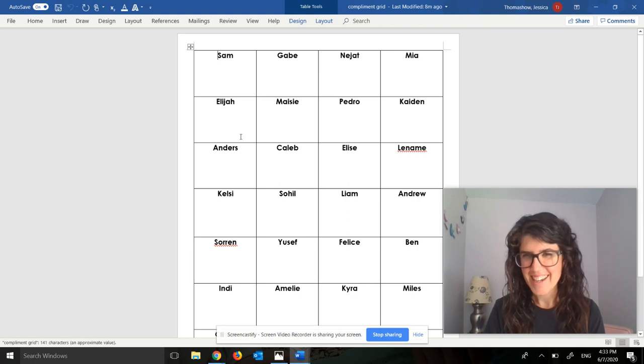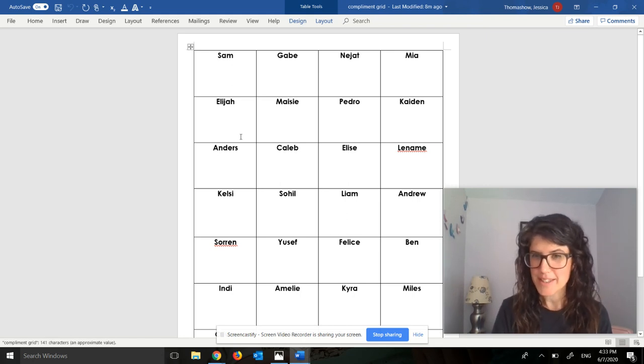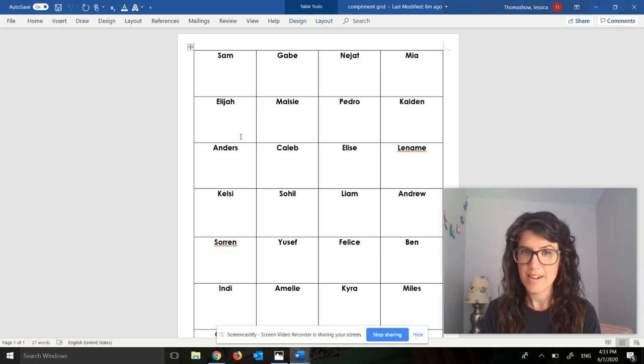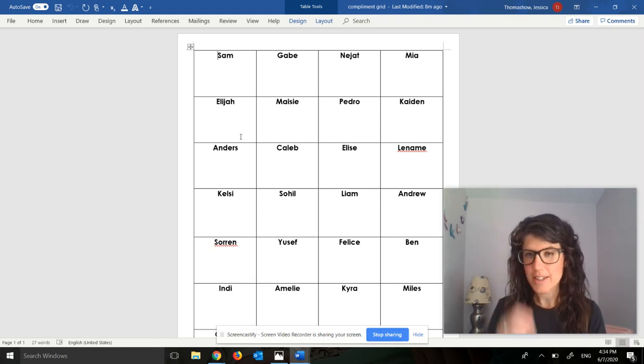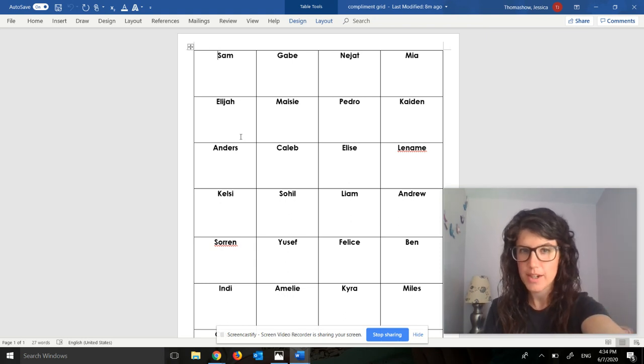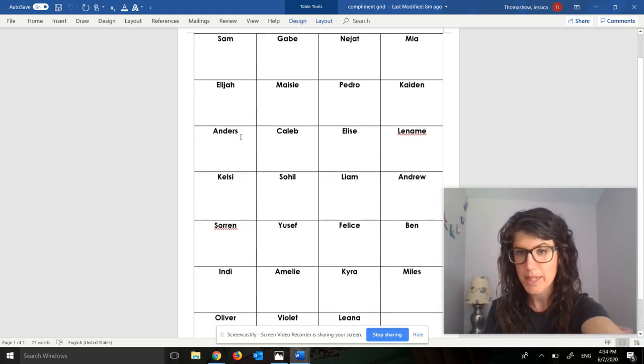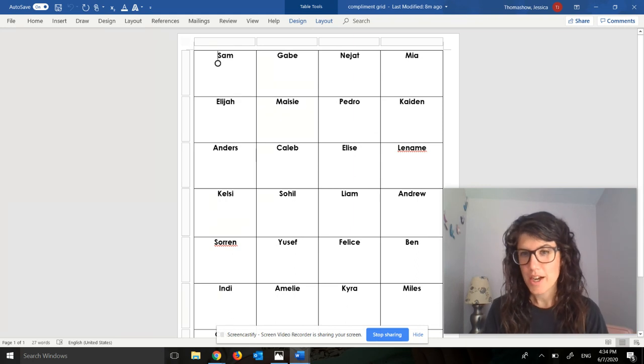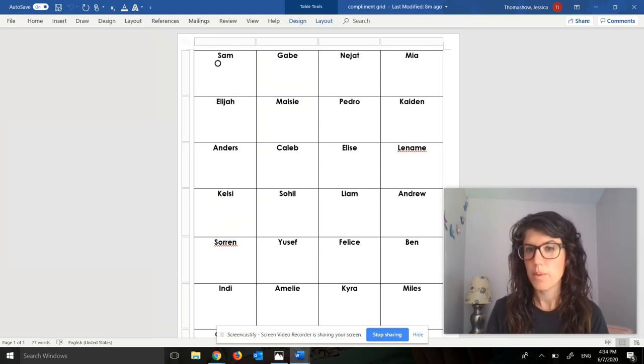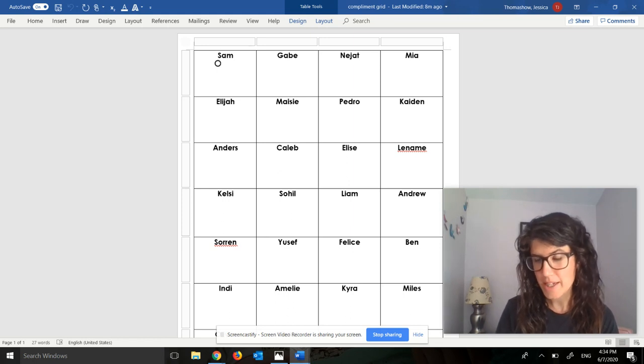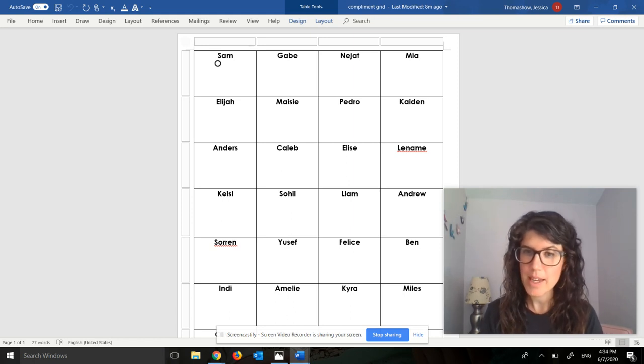There we go. Okay. So this is what the compliment grid looks like. You will notice that there are 28 squares and there are 27 kids in our class. So each kid in our class has a square with their name on it. And there's one blank square. Your job by Friday is to think of one word to describe each of your classmates and write that word